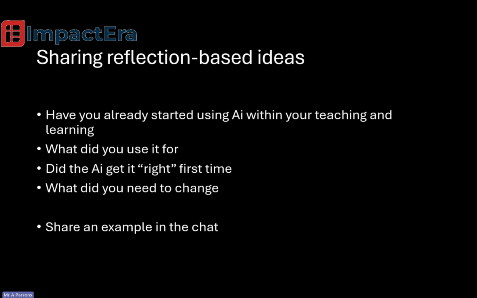Certainly here in the UK, not quite AI, but there is now an app that students will be able to sign into at the end of the year, or when it comes to results day, and they'll get the results through the app, which they'll then be able to use to show what their grades are as they go through, rather than having to hold on to lots of pieces of paper.